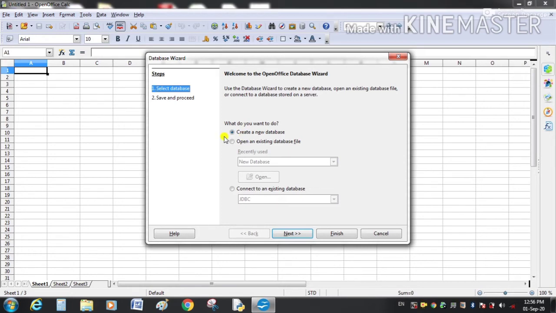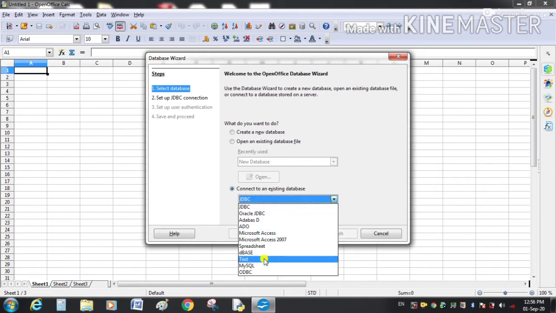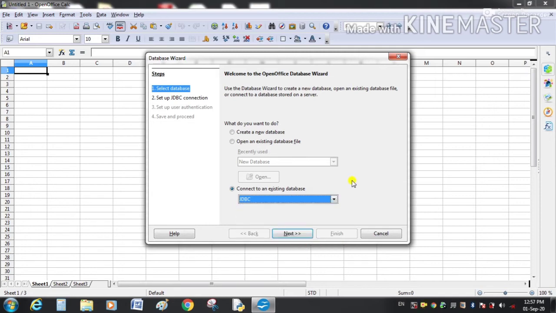There are options: create a new database, open an existing database, and connect to an existing database. If we have already created a registered data source, then we can connect to it from these options. There is ADO, Microsoft Access 2007, DBase, spreadsheet, but we have not created any registered data source yet, so we will select the option create a new database.